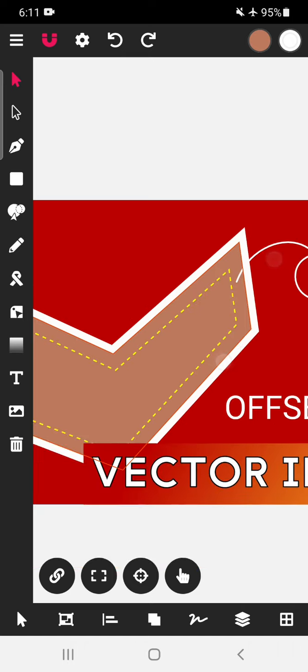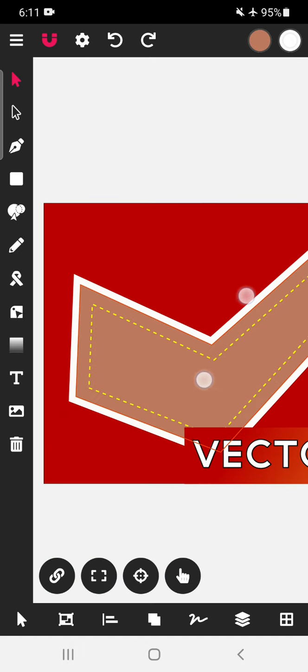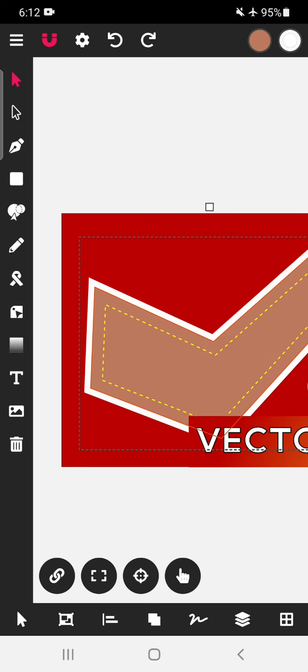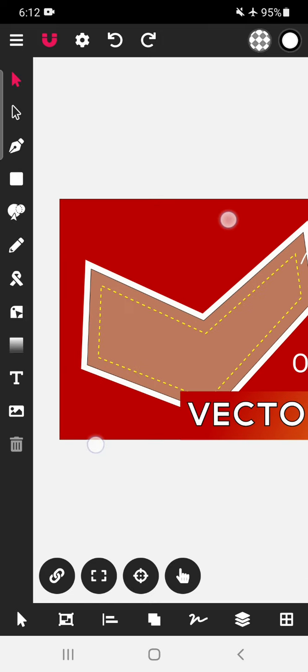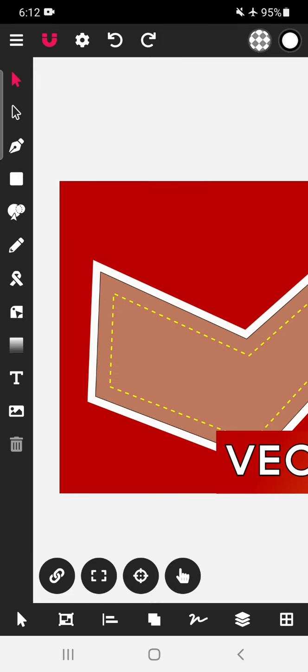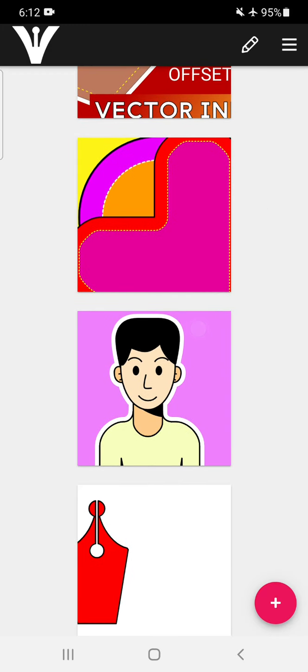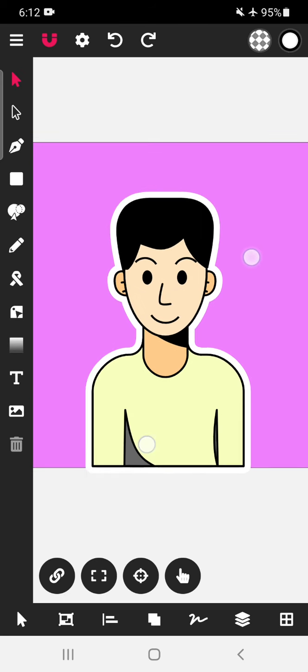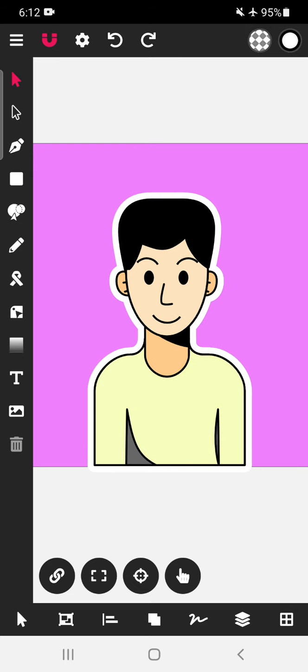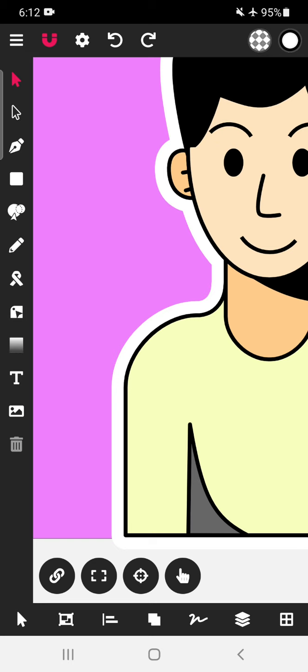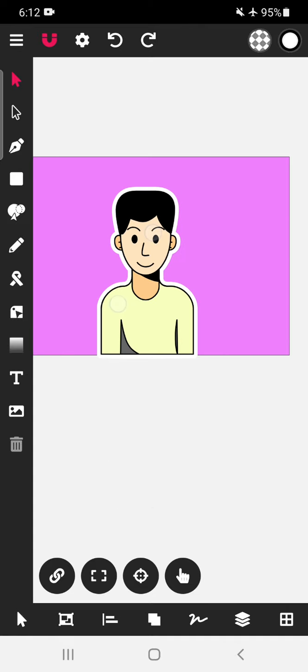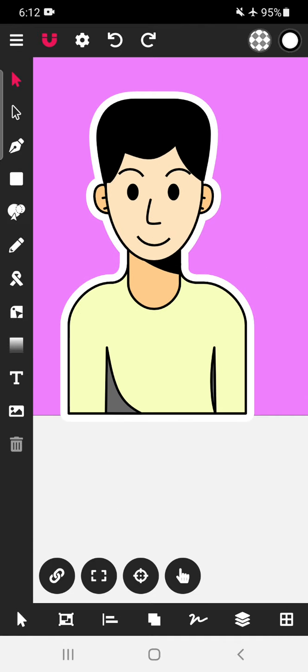See, now this image is in zigzag pattern, so it is very difficult manually to create offset path which are looking exactly like previous path. So where we can use this particular offset path feature? Here you can see in this particular image in which I want to give a sticker like look to this particular character. So for that purpose, if we create offset path which runs exactly parallel to this image, it will create a sticker like effect.